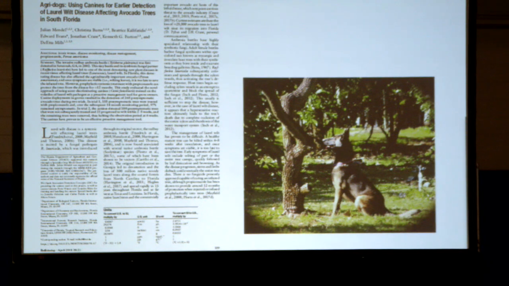So I read this, and with avocado orchards, if the tree gets laurel wilt, the management practice is to destroy it. You just get rid of it, you rogue it out. There really isn't a lot of curative management. But lots of times, by the time you know it has laurel wilt, it's already spread to other trees that are asymptomatic. So they wanted to be able to detect laurel wilt at its earliest infection periods,